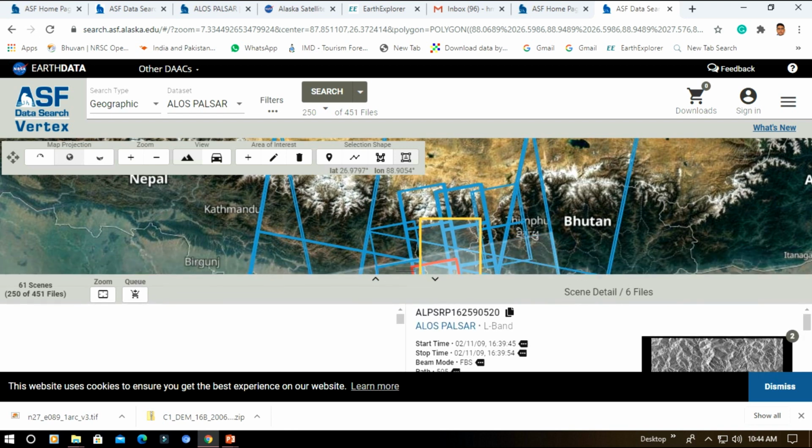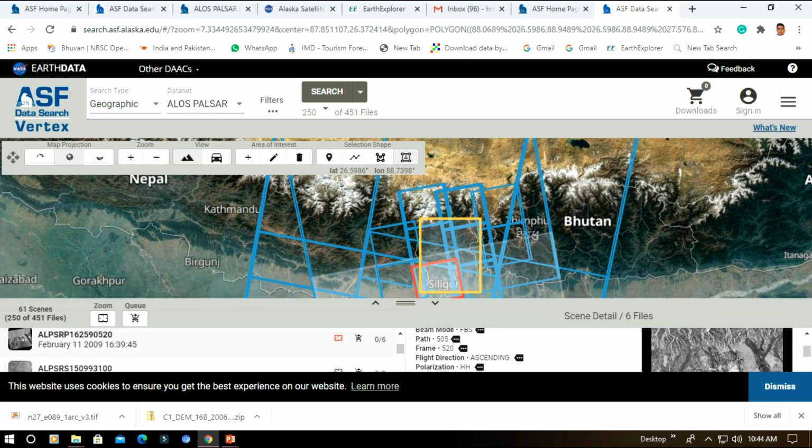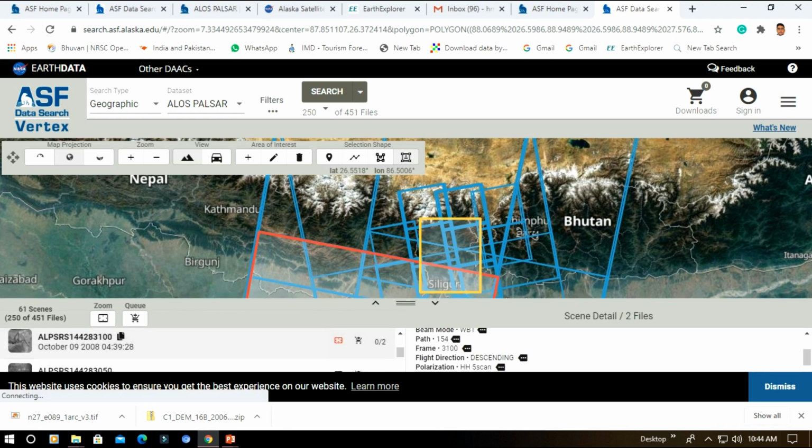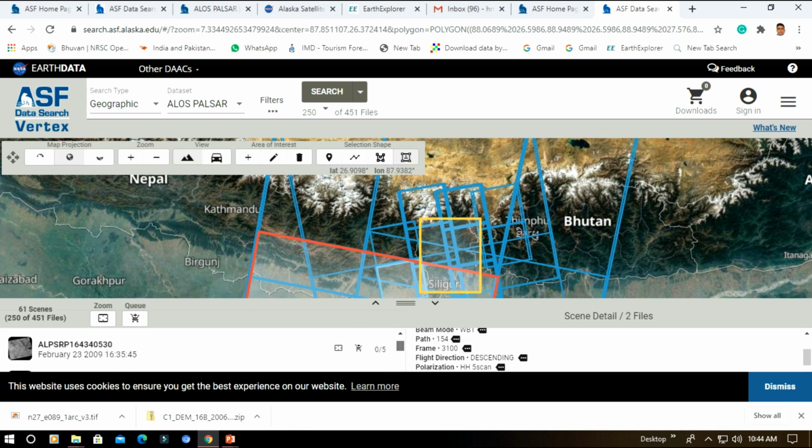This red portion is the particular map area that corresponds with it. This is the larger area. In this way, you can select different parts of the area,